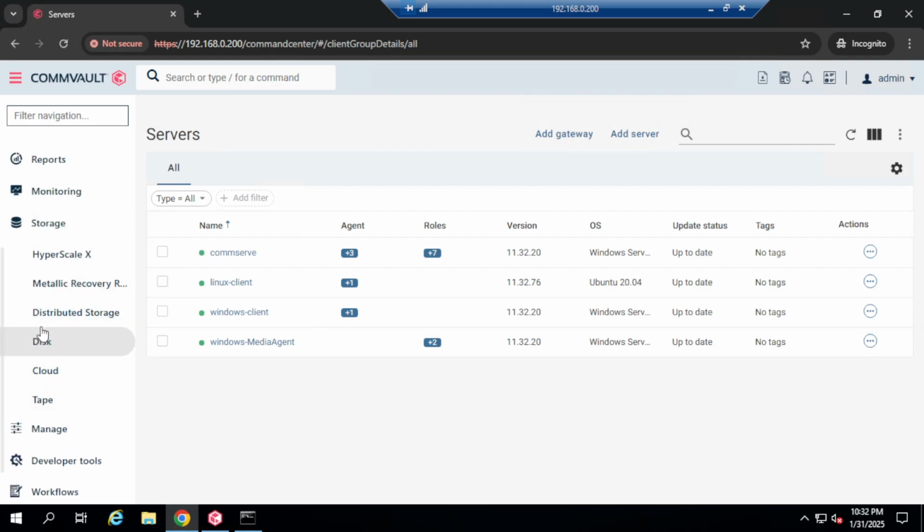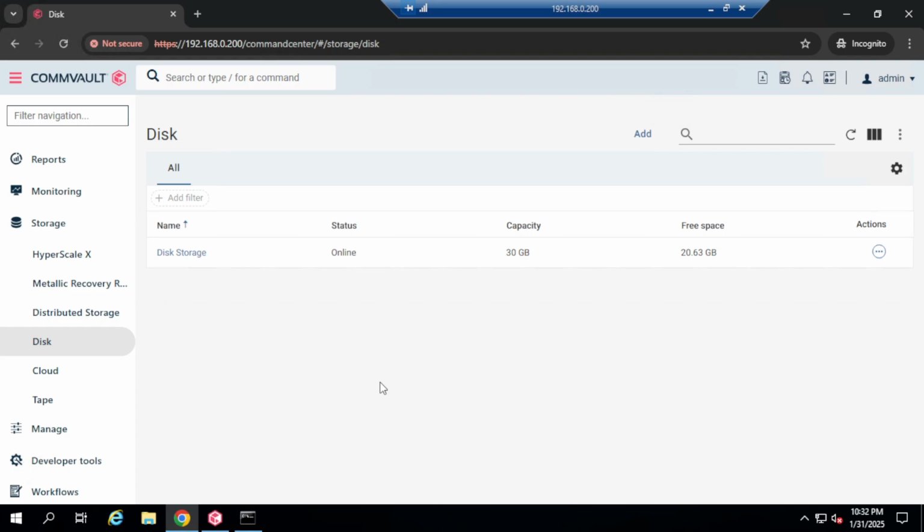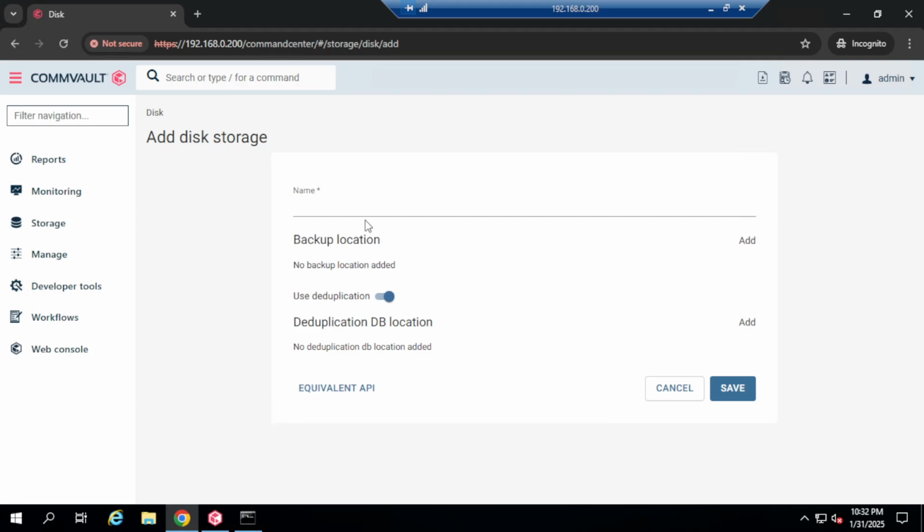So you can see these are the different types of storage you can create: HyperScale, Metallic, distributed storage, disk, cloud, tape. I'm creating the disk library. This demo is for creating a disk library. Add. Okay, let's give a name as disk library